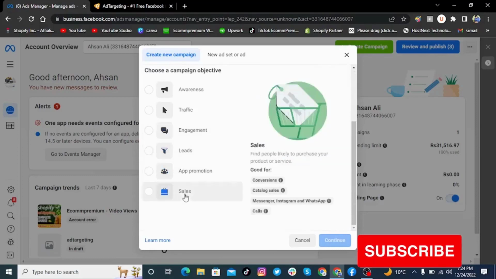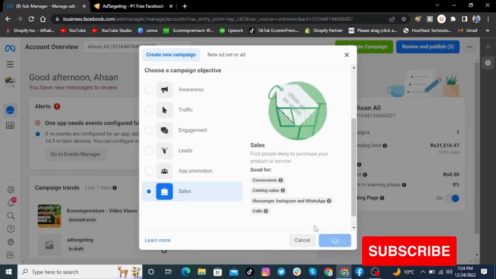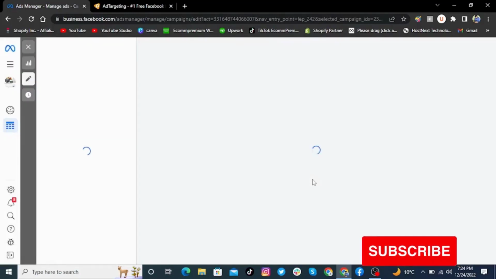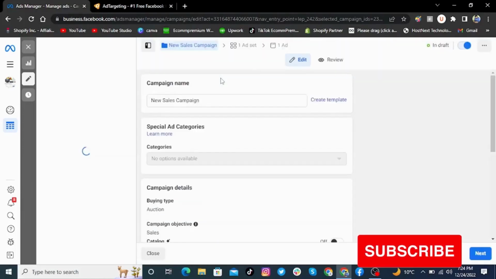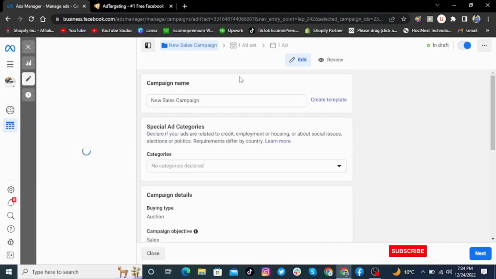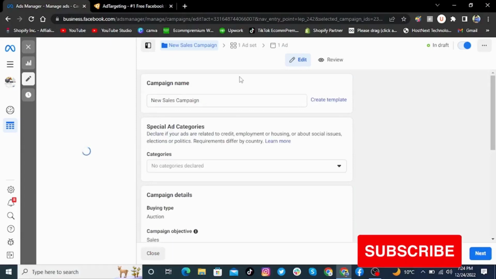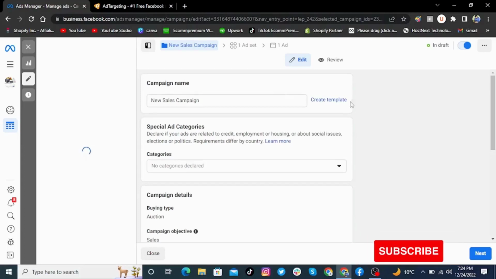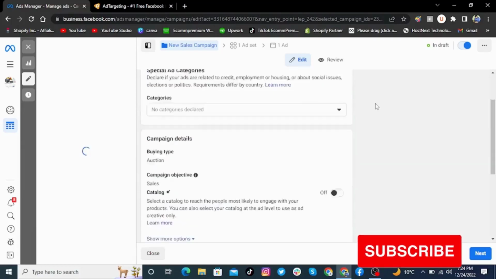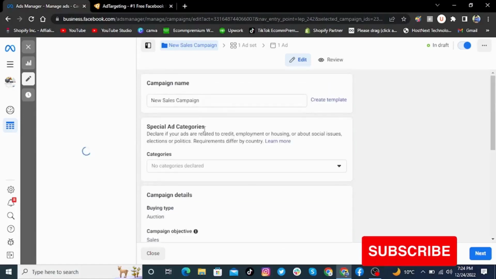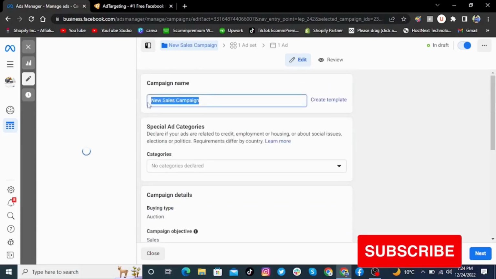So here we will be starting with a sales campaign. We'll be clicking on continue. Okay, after clicking continue, you'll have these options. The main thing inside any ad tool, just like Facebook, is the interest we are going to target. If we are going to target the right interest inside the ad group, then we will have maximum conversions regarding any sales. So here we'll be giving it a name, ad targeting,